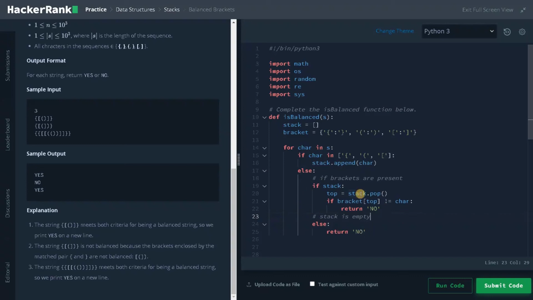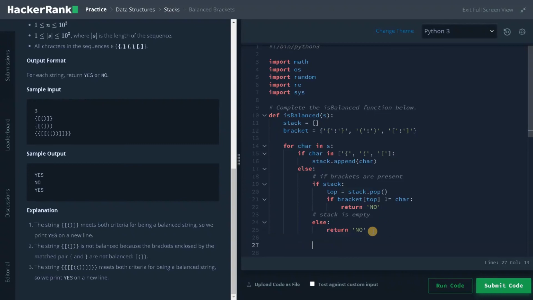The operations will continue until it reaches the end of the string. When it reaches the end, we will return no if stack else yes.